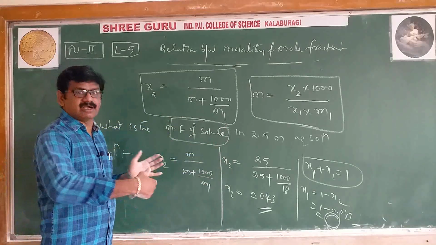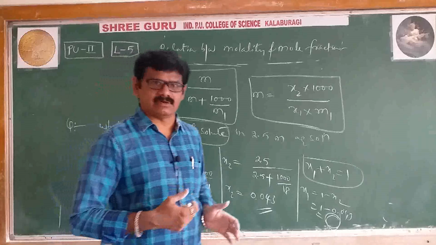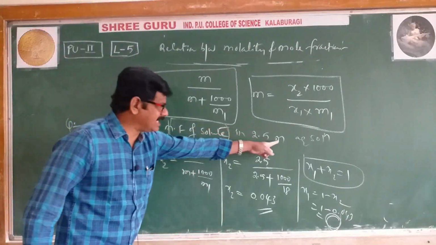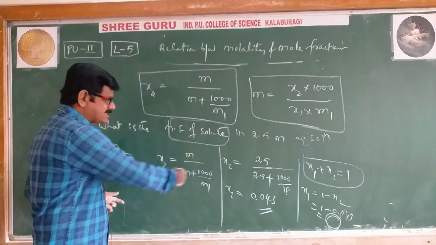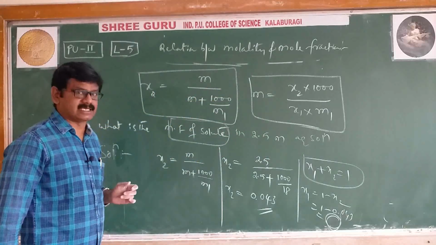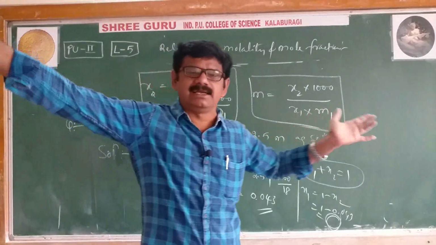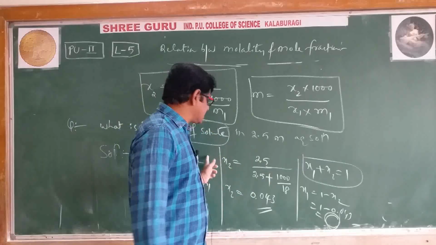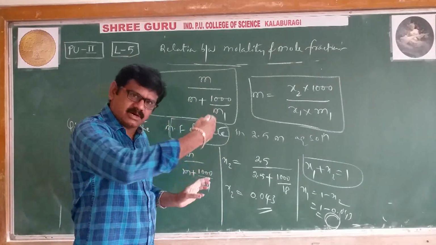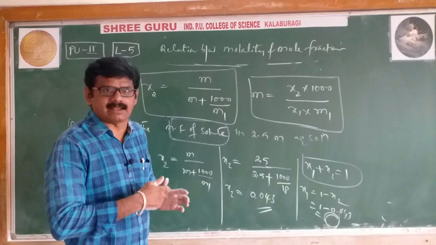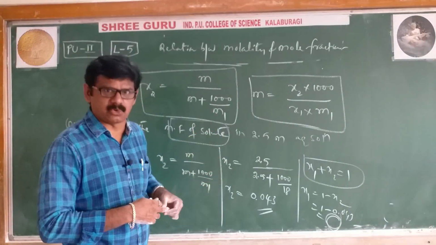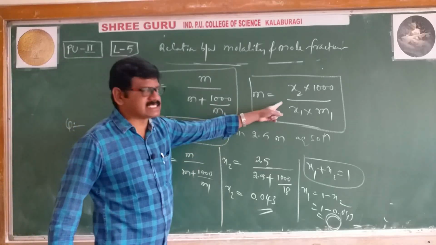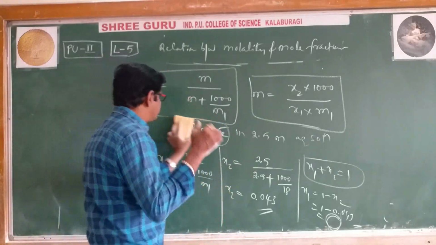That is the advantage of a relationship, because if one value is given, the other value we can calculate. Here molality is given, mole fraction is asked, a direct formula we can use and calculate. Otherwise we will have a detailed solution, it will take more time. Without this direct formula also, with our regular traditional method we can solve, but it has more steps and takes more time. If you know the relation, directly we will get the answer. Right, now based on this formula also, we will solve one question.